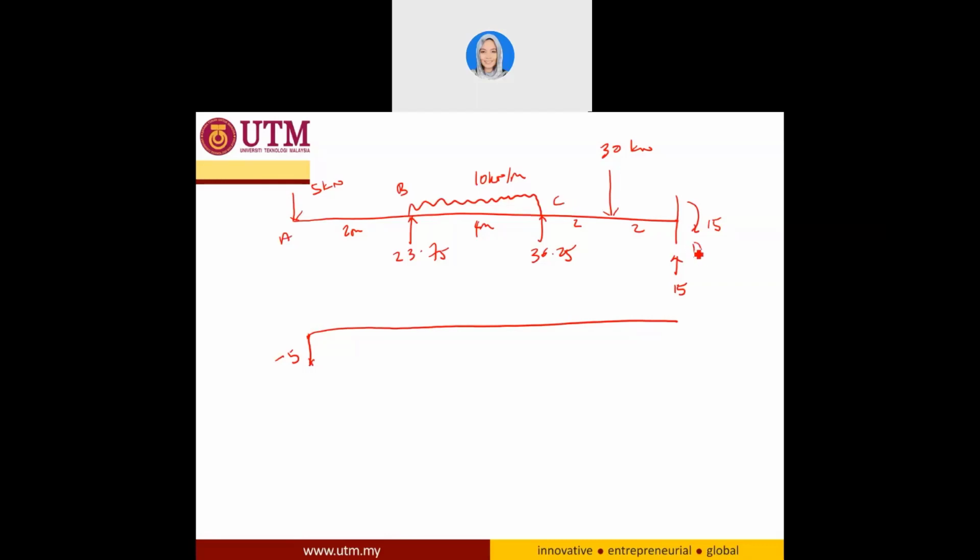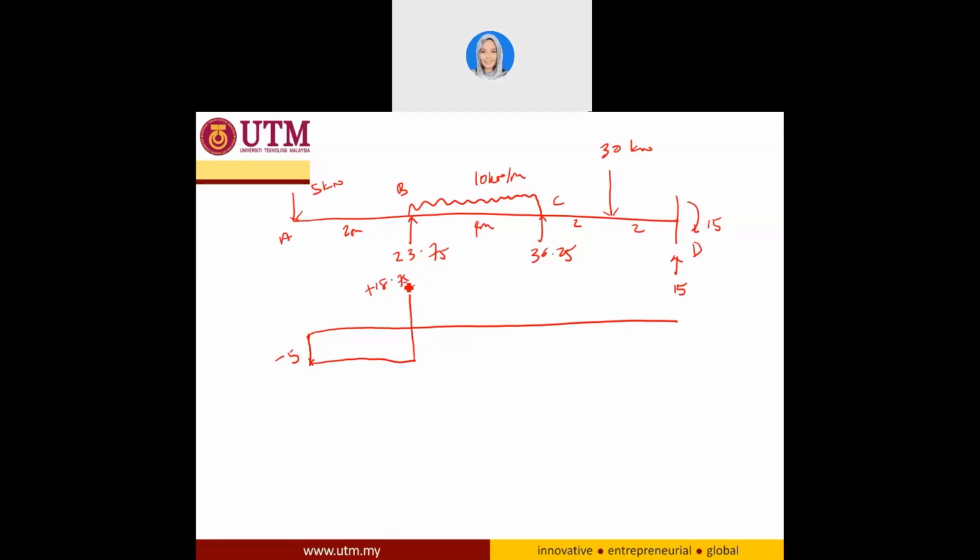So between point A and B there is no load, so I go straight. And this one is pointing up. Pointing up is positive, so the value here is going to be -5 plus 23.75. So I go up here, so -5 plus 23.75, I will have the value here of positive